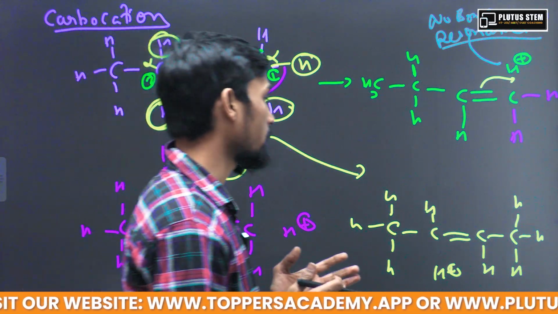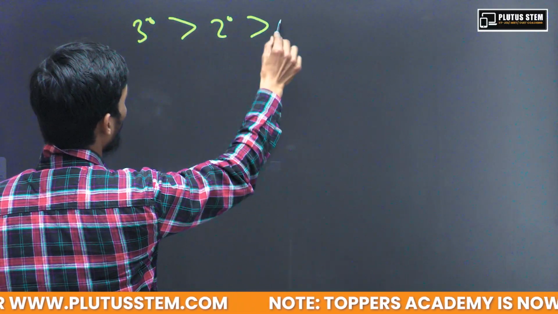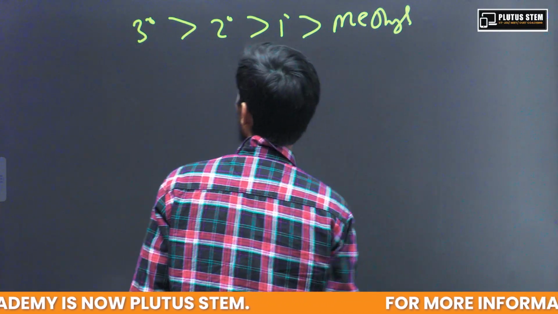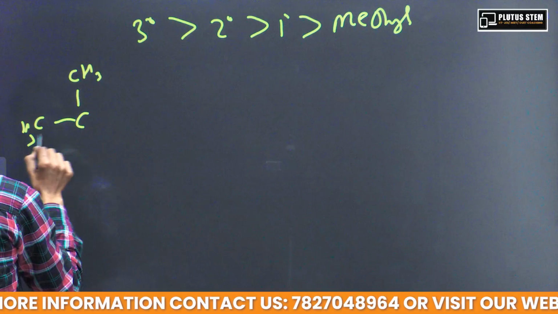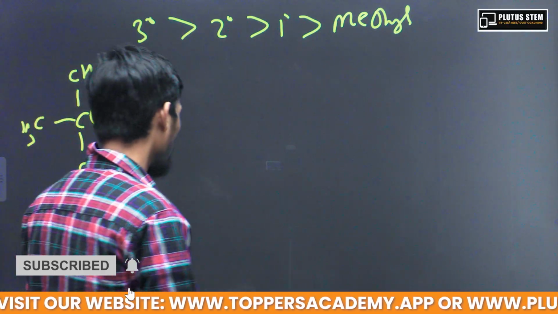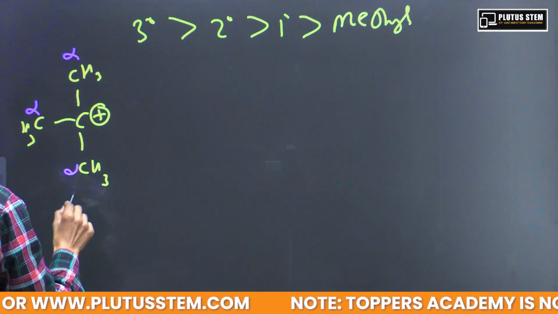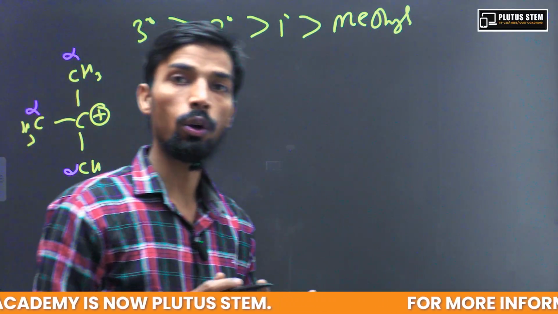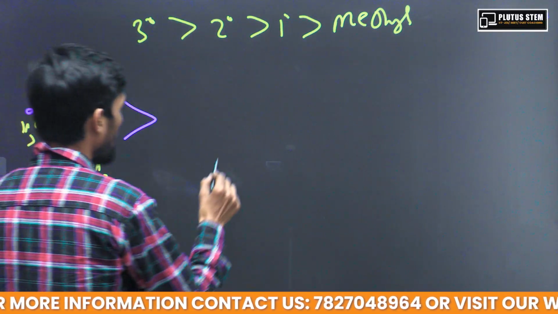This is the same reason why we are seeing that 3-degree carbocations are more stable than 2-degree carbocations, 1-degree carbocations, and the methyl. So if you see the reason over here, this is a 3-degree carbocation, and if you see at alpha position, these are 3 alpha positions, and we are having 9 alpha hydrogen, and these 9 alpha hydrogen are going to stabilize this carbocation. So this is going to be more stable as compared to